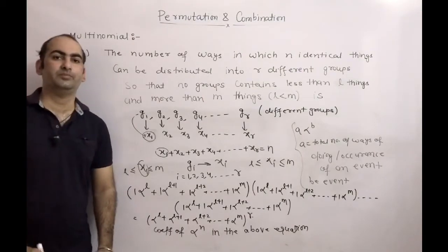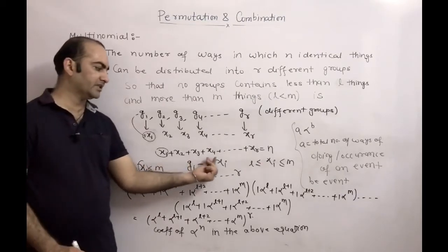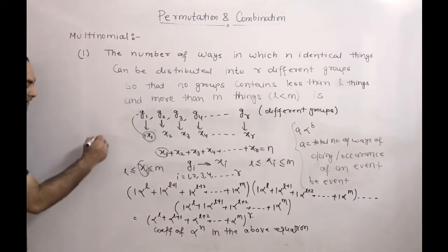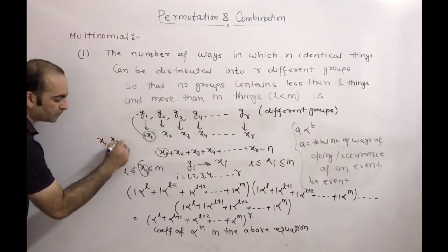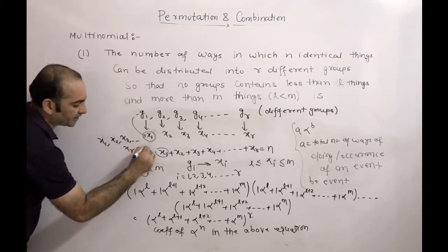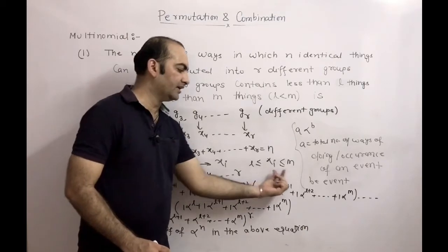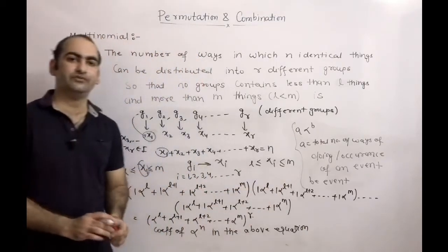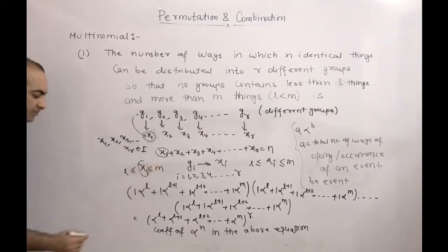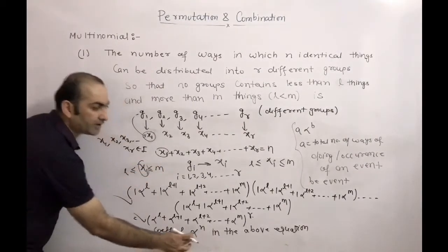Now here I am telling one more important point. If the problem gives x1 plus x2 plus x3 plus x4 plus so on plus xr equal to n, and x1, x2, x3, so on xr belong to integers, and the condition is given xi is greater than or equal to l and less than or equal to m, where i is 1 2 3 4 5 6 till r. Okay, so for solving this equation we'll use the same method. We'll first write this equation, then we have to find the coefficient of alpha power n.